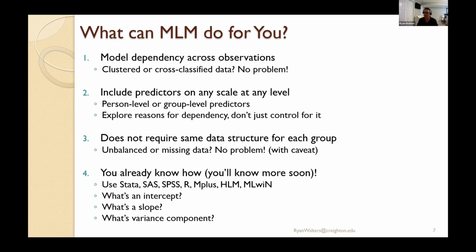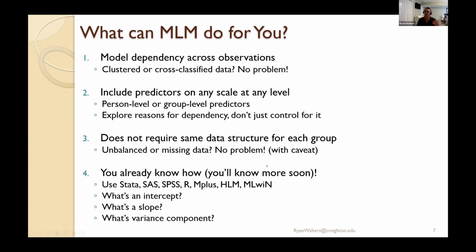If you know what the intercept is, right? When all predictor values equal 0, the fixed intercept represents that predicted value. What's the slope? You know, change in the outcome per 1 unit difference or change in the predictor variable. And then what's the variance component? So the residual variance, that's the remaining reasons why somebody had a specific outcome value. The residual variance, again, is something that you're looking to explain with your predictor variable.